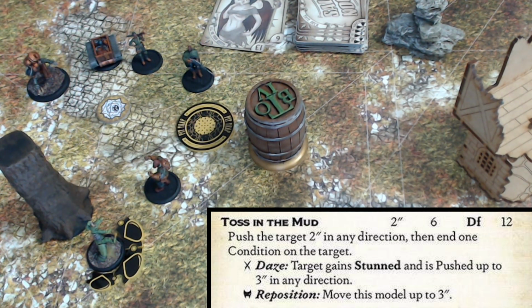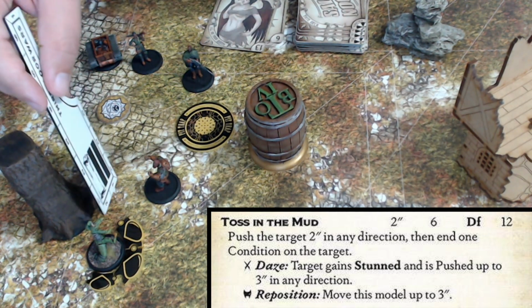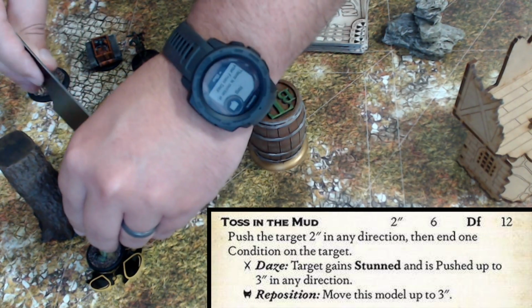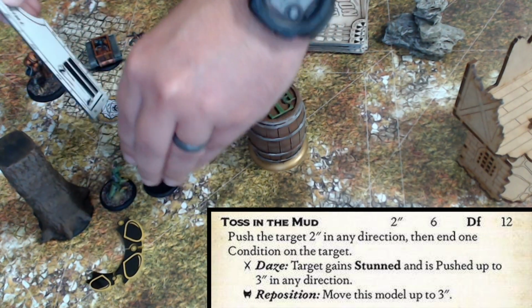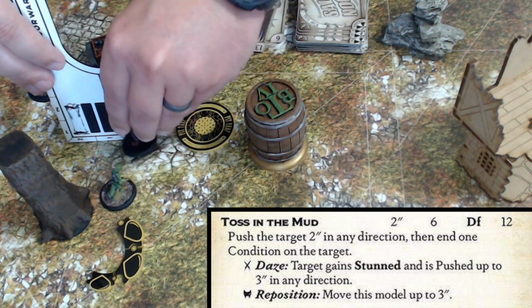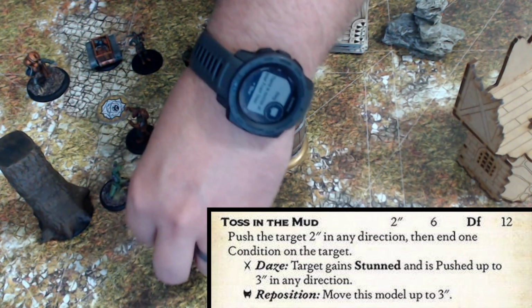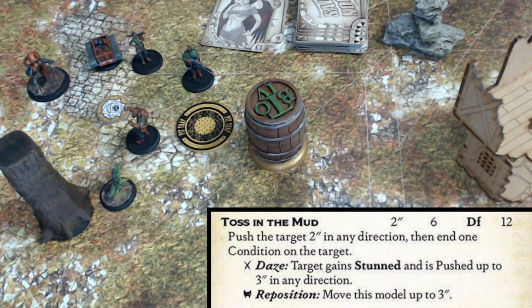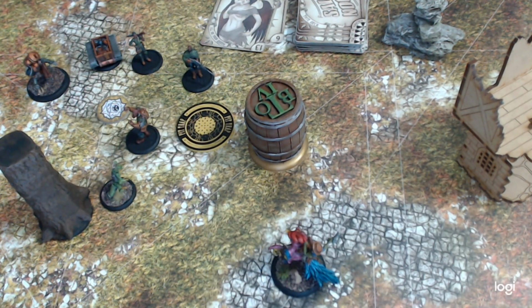The only thing I'm thinking about here is the test subject has the ability when you cheat to scamper. So I'm kind of debating whether I want to do this, because if he does push, I also get the ability to charge instead of be pushed. But since I was still engaged, that's not really an ability. So anyways, just for keeping it simple, toss in the mud,